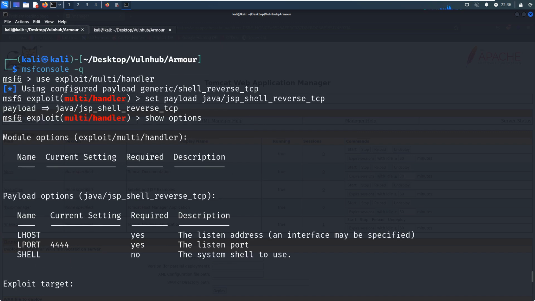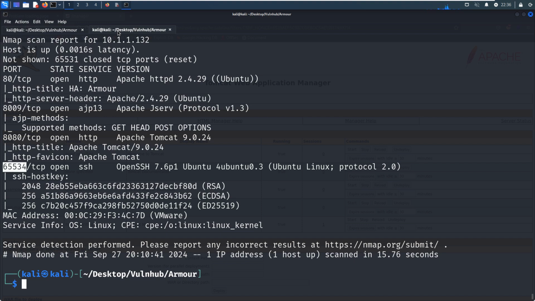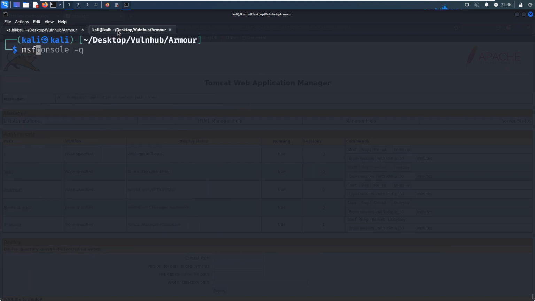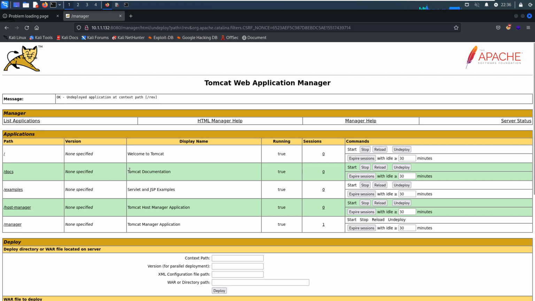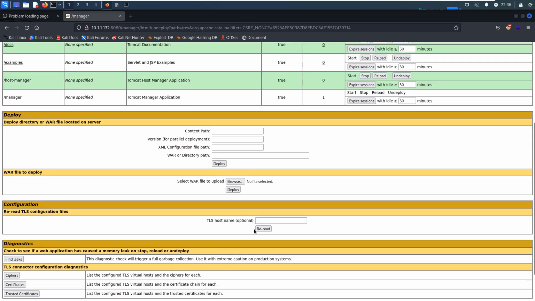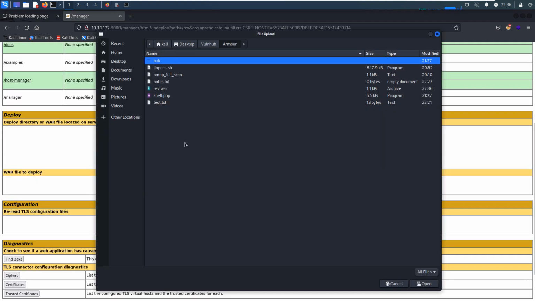We need to create the payload again. Press enter. This is my bad. Excuse me. All right, now we can deploy the application, or WAR file, again.